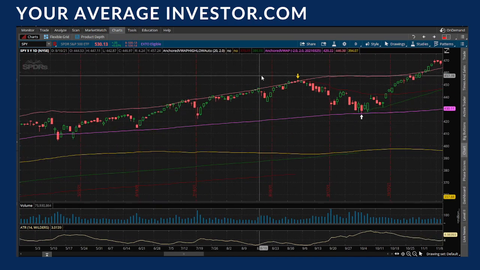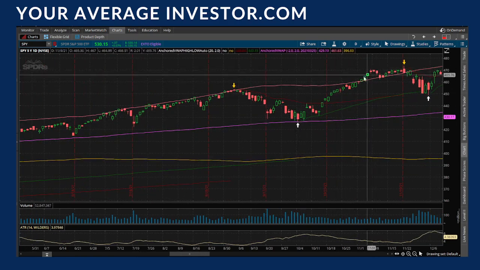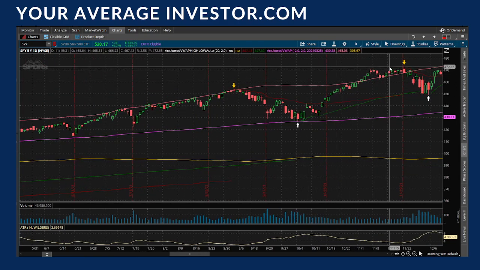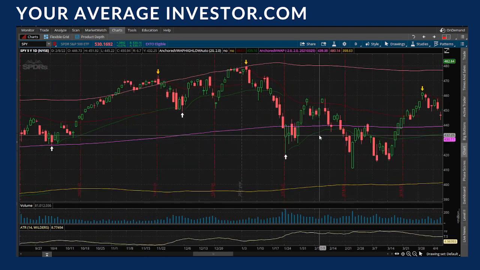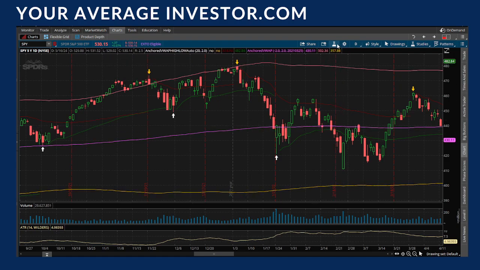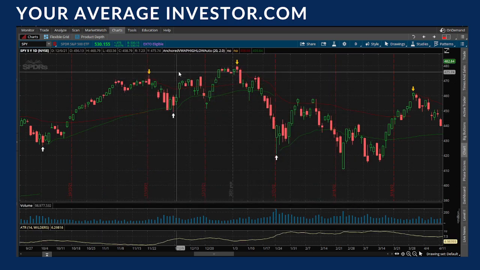And then look at this beautiful bounce down right onto the volume weighted average before exploding back up. Beautiful move from 430 to 470, a 40-point move on SPY. And then eventually, right, let's look here. I'm going to take this one off now. We're going to take the anchored VWAP off and just use the auto anchors again. Eventually,